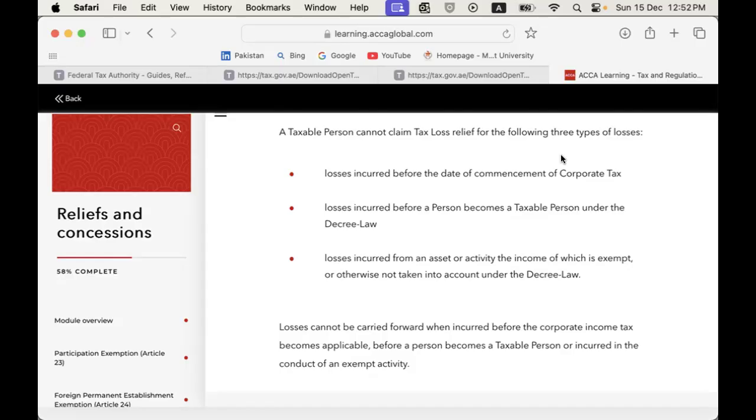Basically, what we will do is split that column into taxable and exempt. The exempt column will contain the exempt income and corresponding expenses as well. And at the bottom line, if we have carried forward losses in the statement of changes in equity, even those losses will be split, correct?